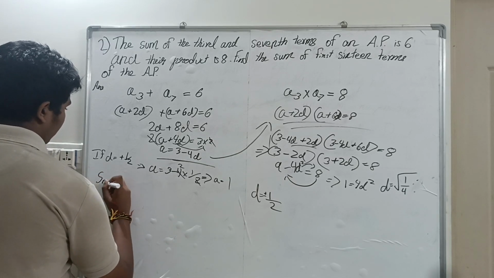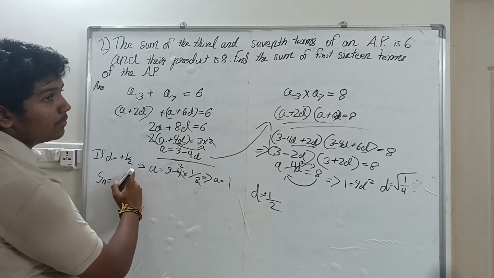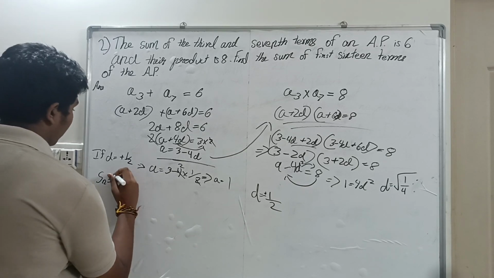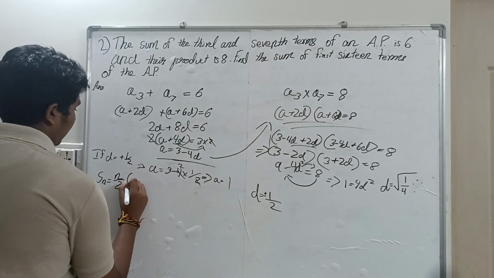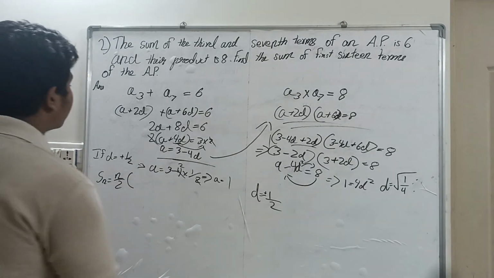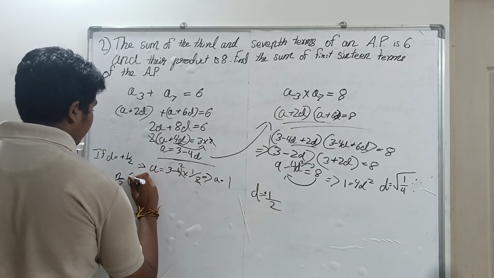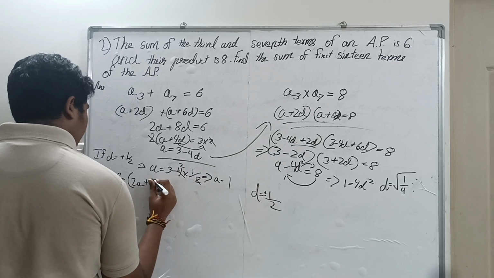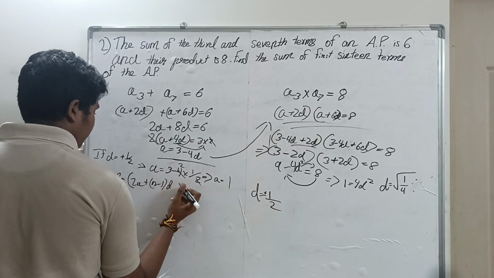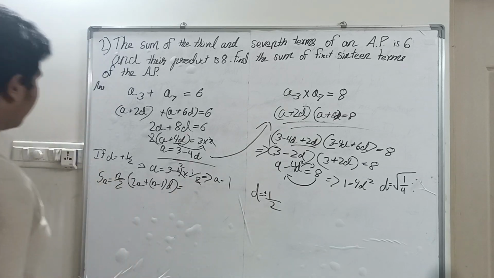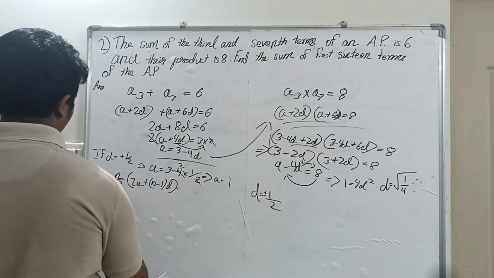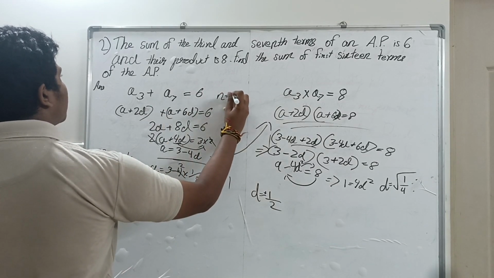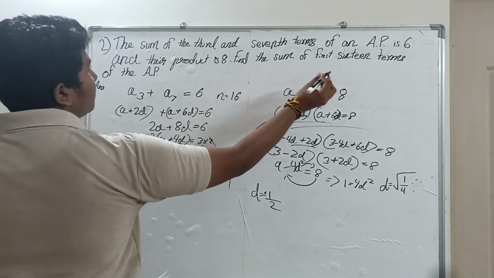Sn is equal to n by 2 into, yes, 2a plus n minus 1 whole into d, which is equal to what? Sn, n is 16, right? N is 16, right? And here,